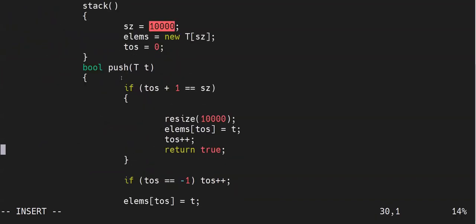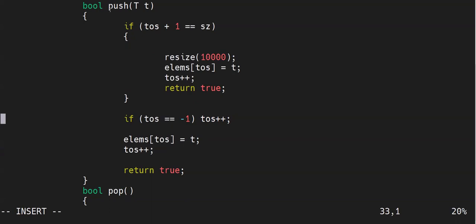The stack has two operations, push and pop. When you push, and assume your top of stack has reached the max, that is your initial limit of 10,000, it will resize this stack and then try to push the element. How does this resize happen?